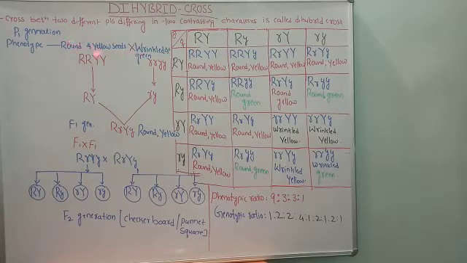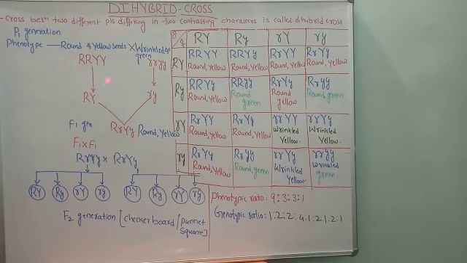It is a cross between two different plants differing in two different contrasting characters, the color and shape of the seed. Here the seed is yellow and round, crossed with wrinkled and green. So this is the definition of a dihybrid cross, and the process is called a dihybrid cross. Now we will go through the problem, starting with the P1 generation, the parental generation.